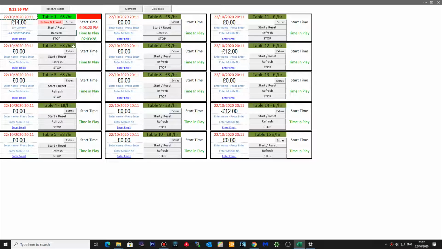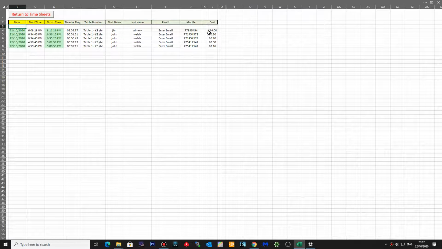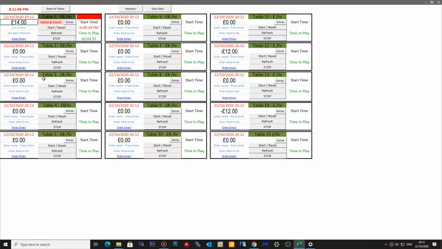So at some point they're going to come off. You want to press stop. That will take you again through to the timesheets table, and it will give you their costs, the date, the time, when they finished, how long they've been on for, the table number, and any other details that you've took in there as well. Click that to return, and then once they've paid the bill,